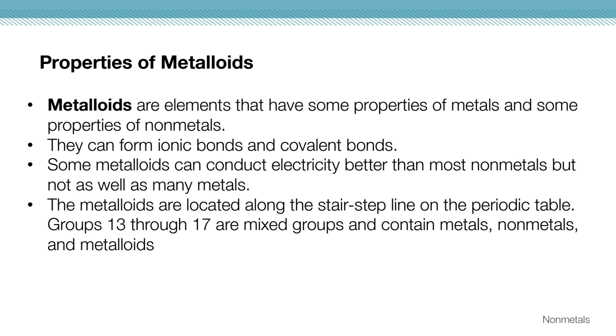Now, a lot of the groups along that line are going to be a mix of metals, nonmetals, and metalloids, which is why we don't typically categorize them individually like we do halogens and noble gases, because there's a bunch of different elements within that group. Still, they're going to react similarly because of the number of outer electrons they have. So if you know the difference between a metalloid, a nonmetal, and a metal and their properties, you're pretty good and know where to